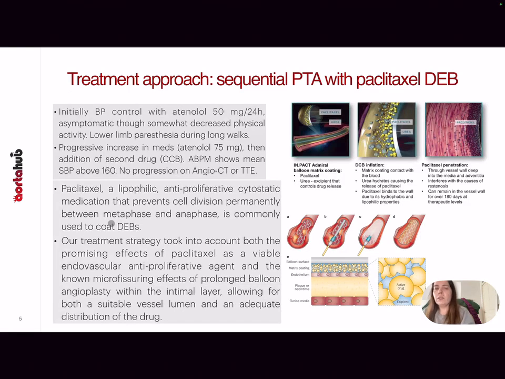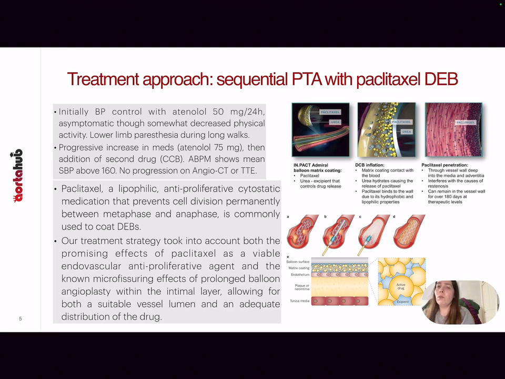The initial treatment approach was to try and do optimal medical therapy for blood pressure control. He did well initially with beta blockers, but in the coming months he presented with somewhat decreased physical activity. He stopped playing sports, and he did refer lower limb paresthesia during long walks. He did need a progressive increase in medication for blood pressure control, and an ambulatory ABPM showed a mean systolic